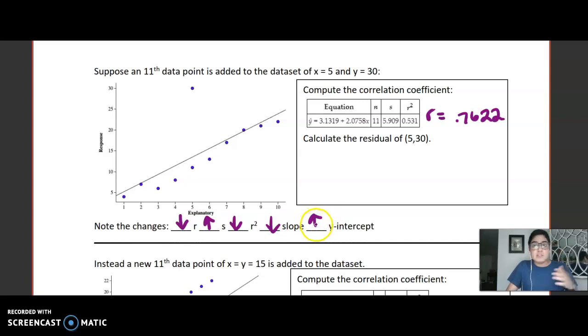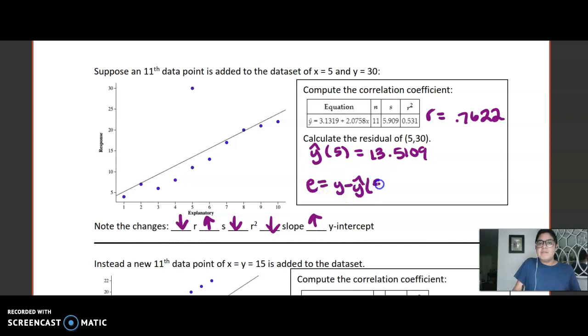And all of this I've just observed through the various computer outputs. Now let's calculate this residual. So here we've got y hat of 5, and if I were to substitute it into this new model, I'm going to get an output of 13.5109. So my new residual becomes y minus y hat of 5. So my initial 30 minus 13.51 is going to give me a residual of positive